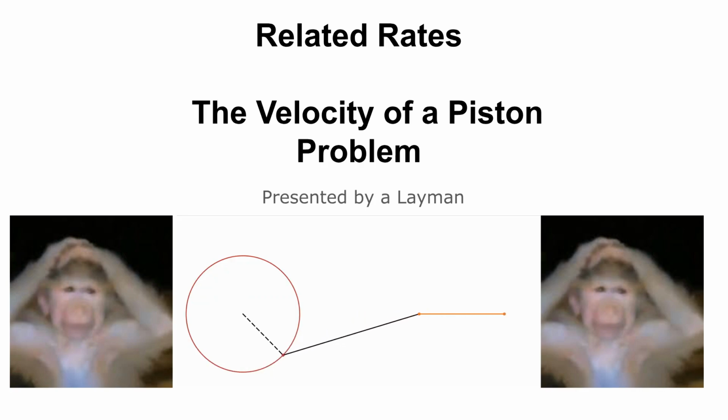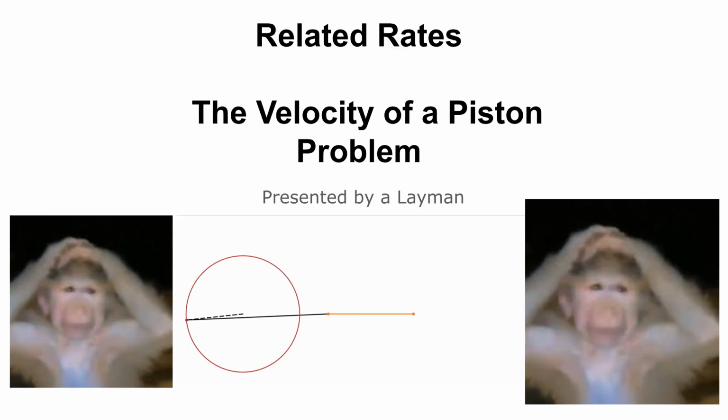Hello. Here I'll be tackling a related rates problem involving the velocity of a piston. Really quick, related rates are problems involving variable quantities which are changing, typically with respect to time. You are tasked with finding the appropriate equation, implicitly differentiating, and finally, plugging in the given information to extract the